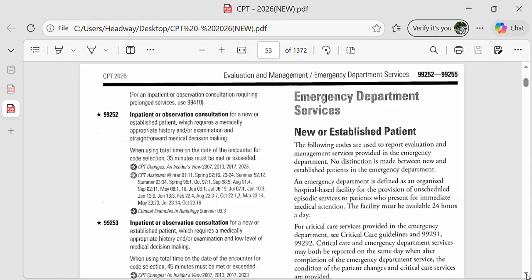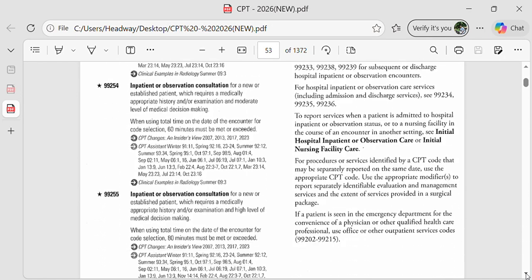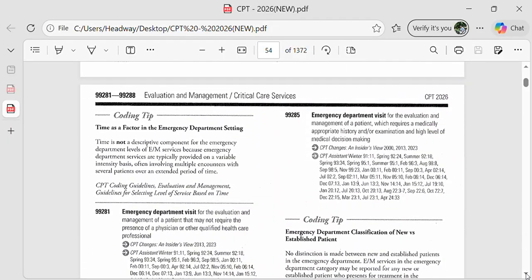Next, inpatient: if the patient is admitted to the inpatient department, then that procedure is done by the inpatient department only, or the critical care department. Sometimes in some offices, the coding people treat even critical care as part of the emergency department. So that is a different scenario. Just see carefully what is there in the emergency department. The main codes we observe in the emergency department are